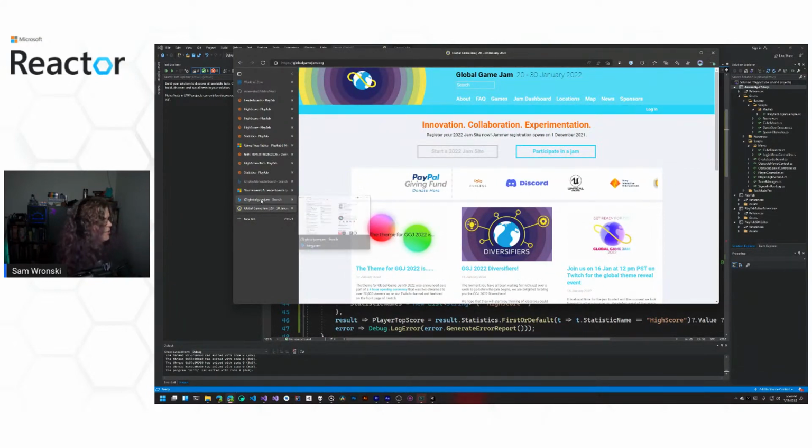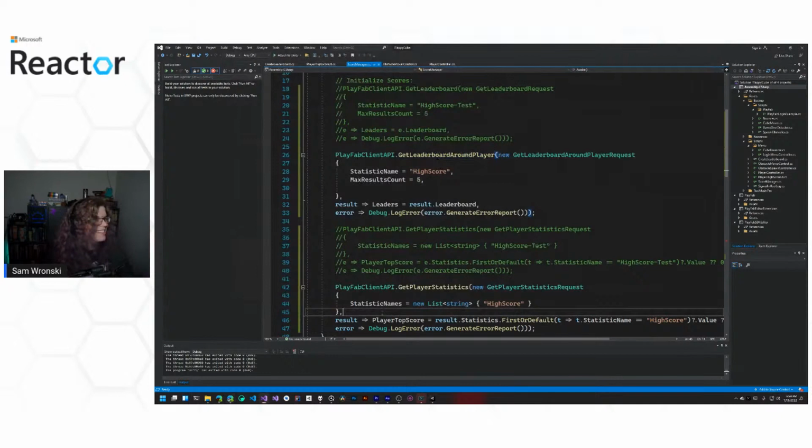Yeah, I think that's it. We're doing friends next week. So we're going to do this leaderboard, but for friends. So you can find your friends that have scores similar to you, or who among your friends has the highest score. And just track your friends so you can actually connect with people. So that's what we're doing.